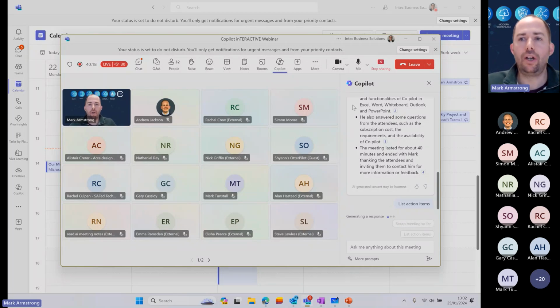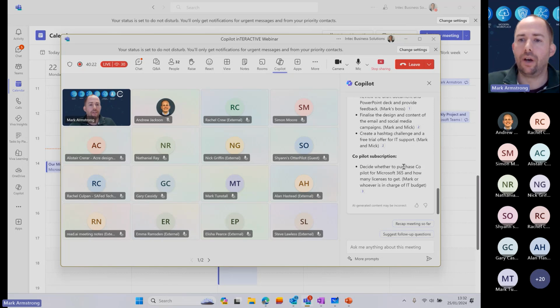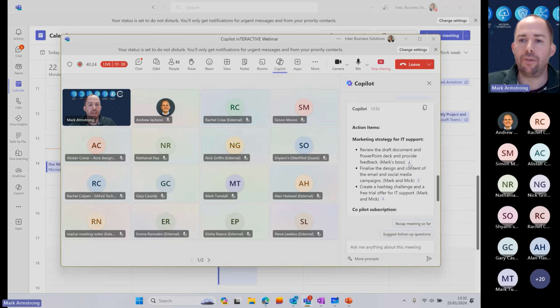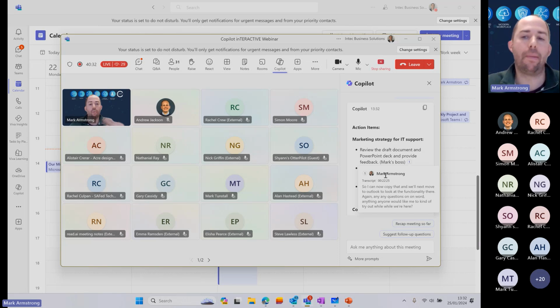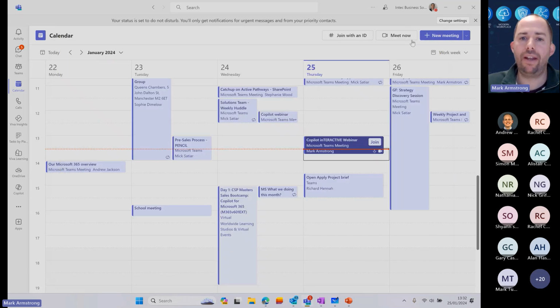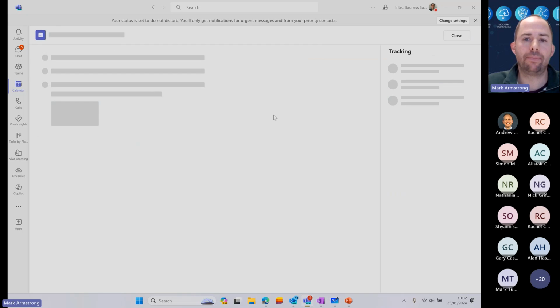But I think where it really comes into its own is post-meeting. And there we go. We've got action items, and these link back to the transcript and the recording. So if I need to see that, I can go there and watch that part of the meeting, or read the transcript it came from, as we can see there. Once I've finished the meeting, I can access my recording in the same way you access recordings now. So I go to this meeting